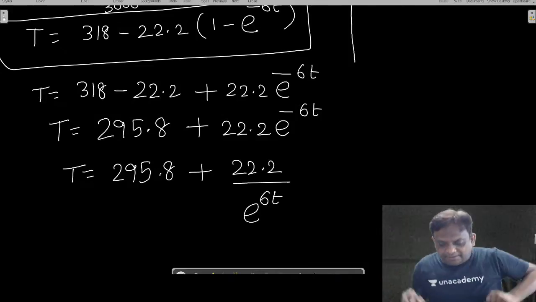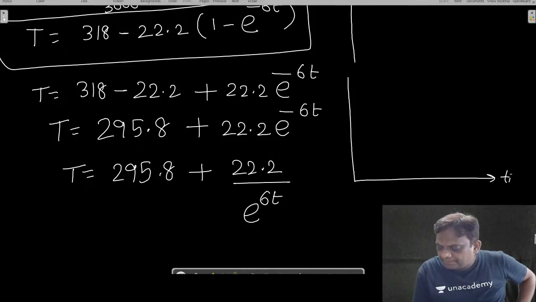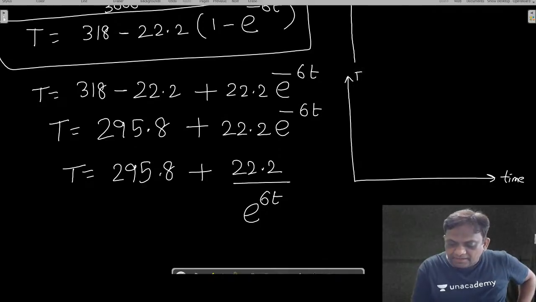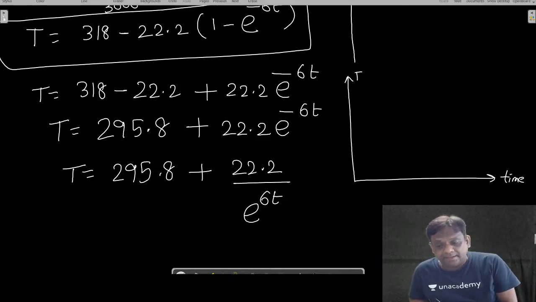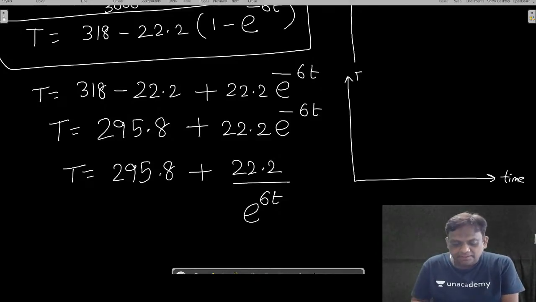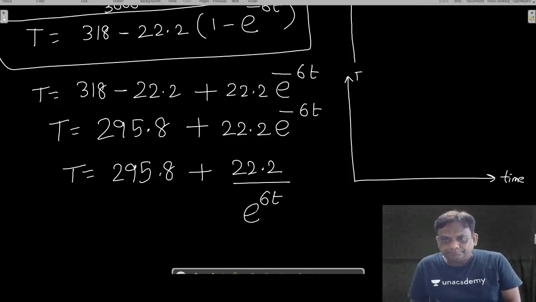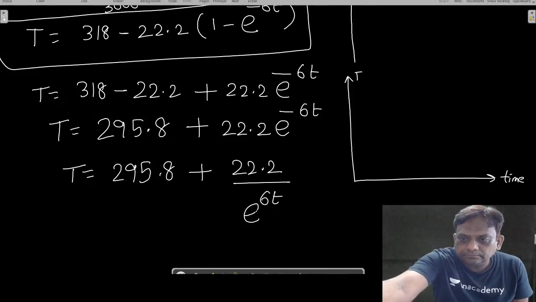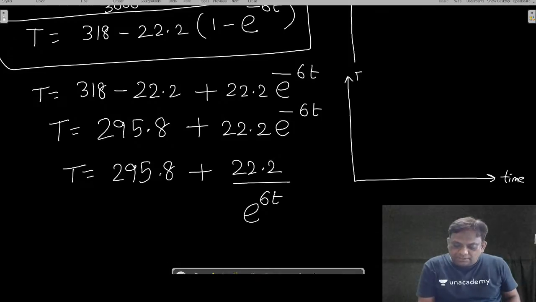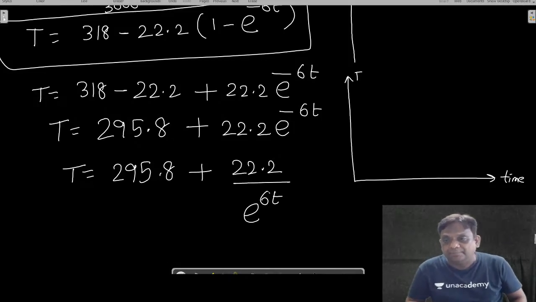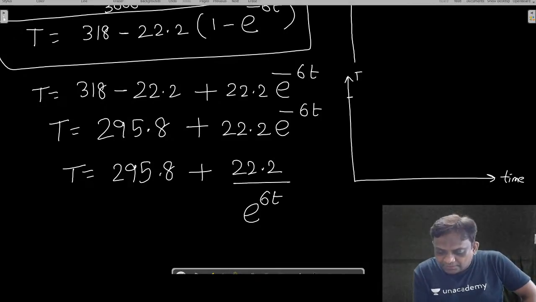So now you tell me, if I draw the graph like this, time and temperature, look at how is the temperature changing. देखो एक बार, it is varying exponentially. So जब time t0 है, जब टाइम 0 है तो टेम्परेचर क्या होगा? एनीवन? 318. वंडरफुल. इनिशियली तो 318. सो इट इज 318.